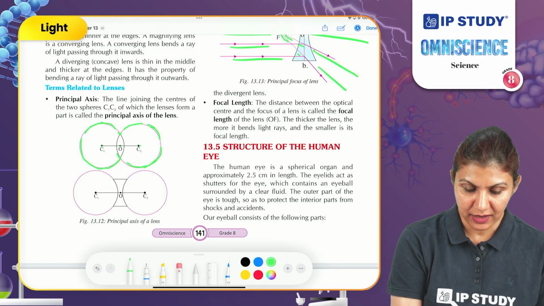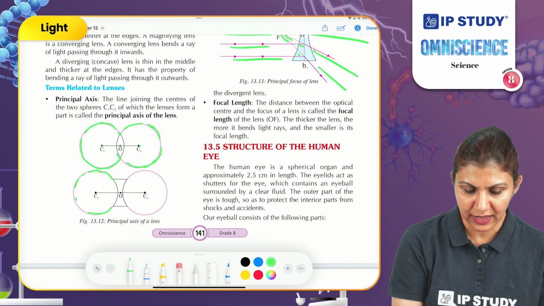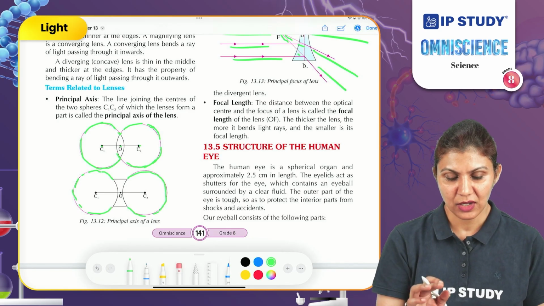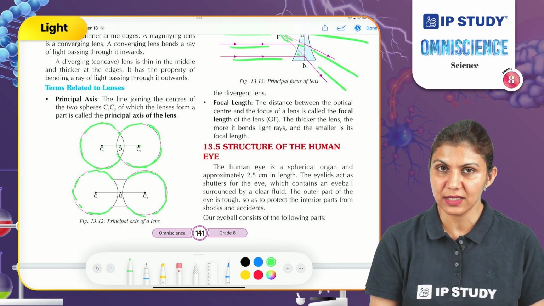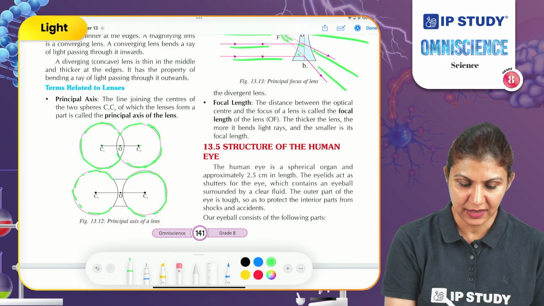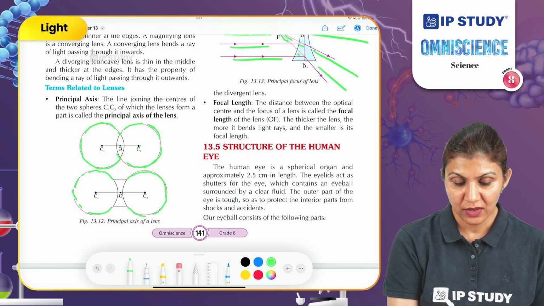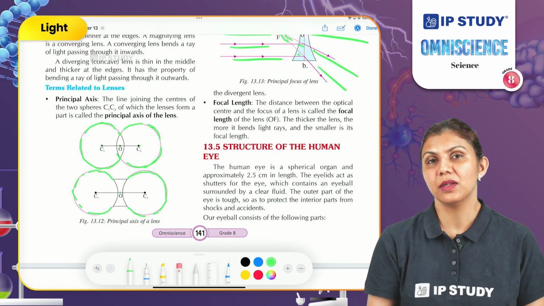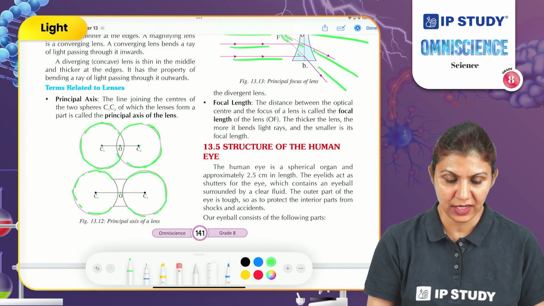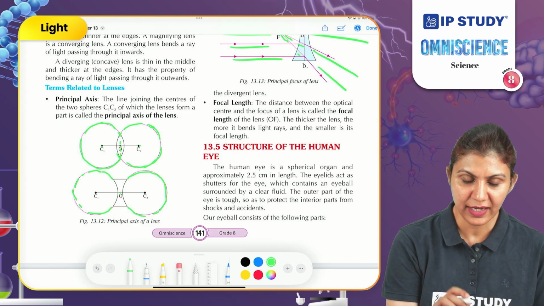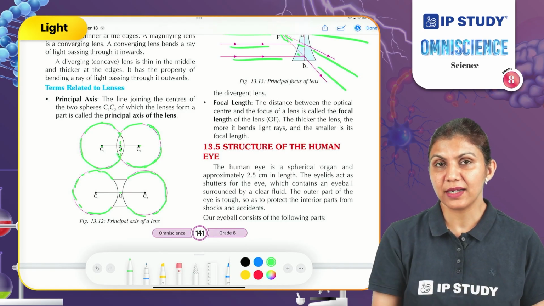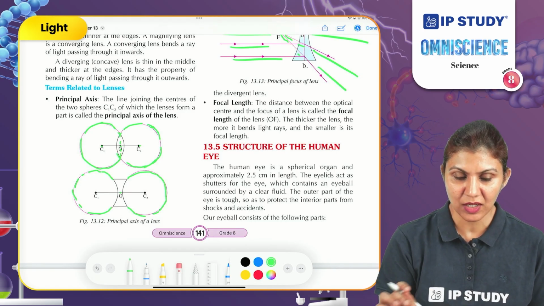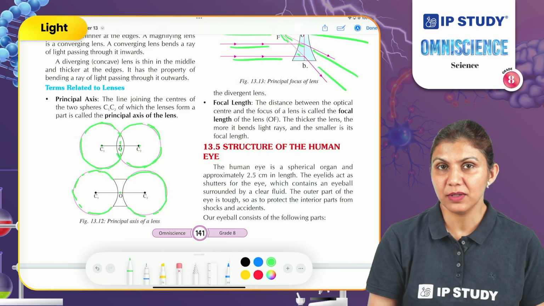It can also be found in the case of a concave lens. Try to draw 2 circles using the curves of the lens on both sides. Find their centers and connect them, passing through the center of the lens. How will you find the center of the lens? Divide its length into 2 halves. So if you connect these 2 centers passing through the center of the lens, you will find the principal axis.